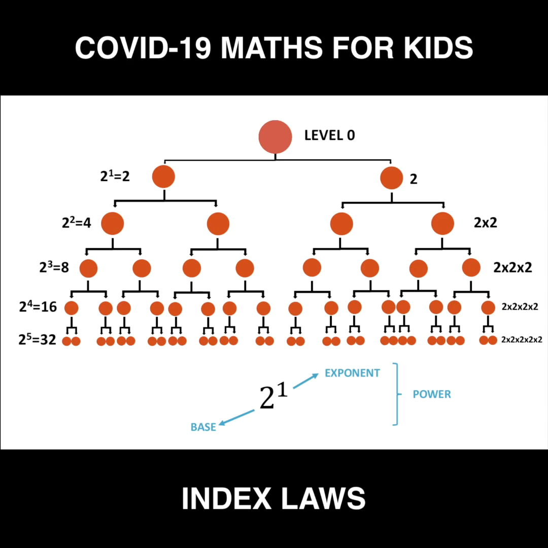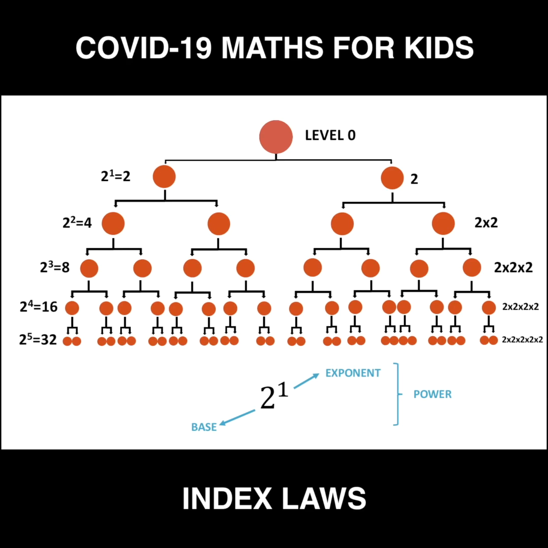Now, the last thing we have to consider is level 0. What's happening at level 0? Well, it seems to me as if there's only 1 person at this level. So that means our answer has to be equal to 1. Now, how can we write that with this new exponentiation way of writing that we've just learnt about? Well, we know that each time we're doubling the number,